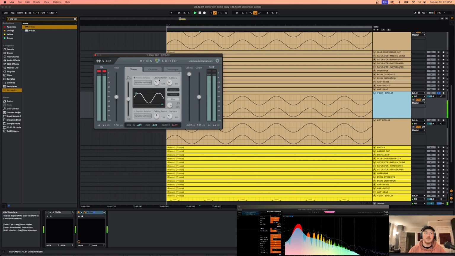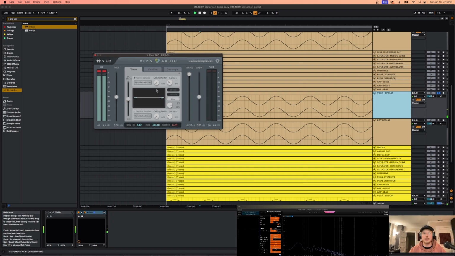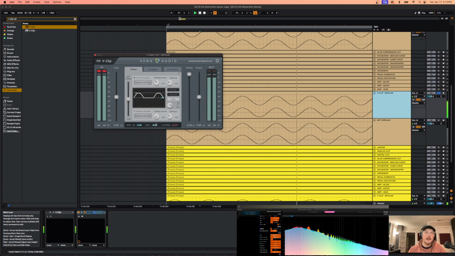So as I pull that down, you can see exactly what is happening, but it's only happening on the top half. I can independently adjust it on the bottom. And if we put the ceiling all the way to the bottom of both, the signal just disappears, right? Because we're actually messing with the amplitude of the signal, right? So let me put this back up so it's just